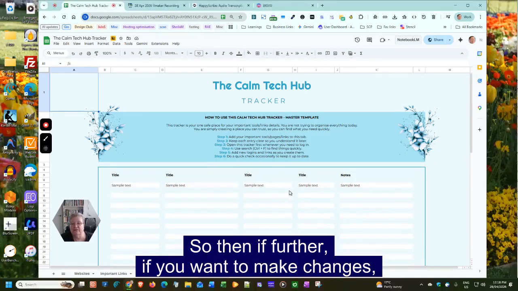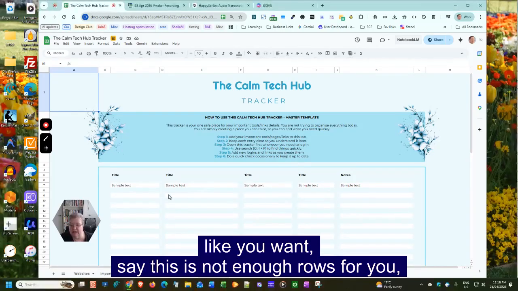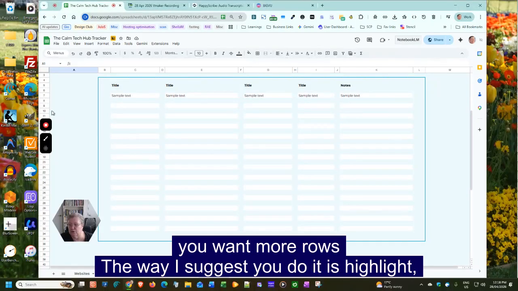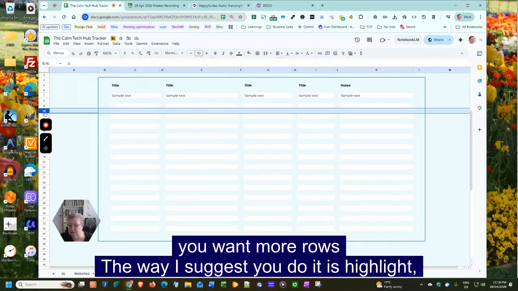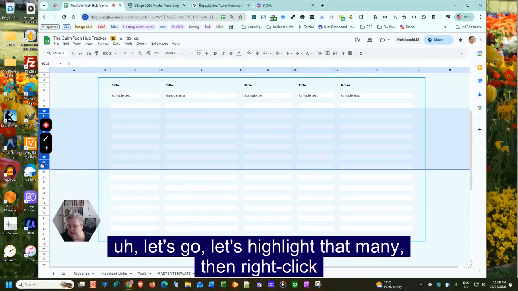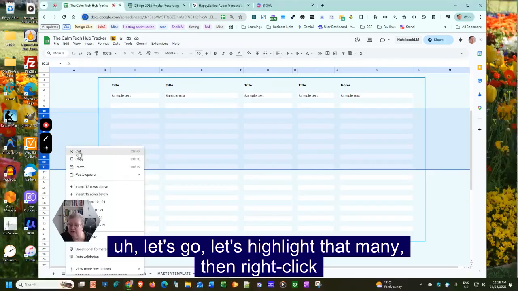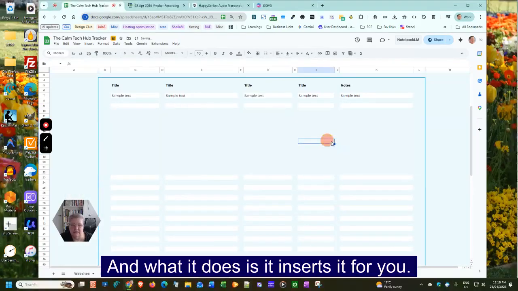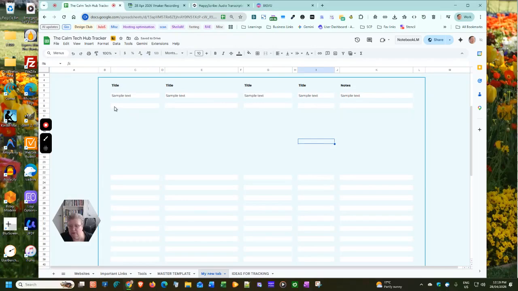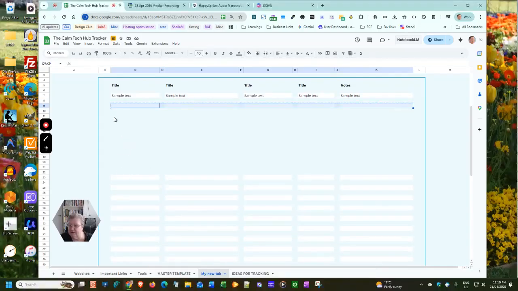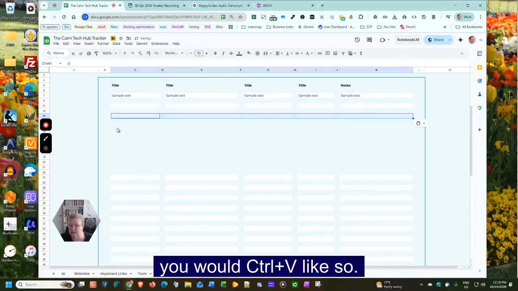So then if you want to make changes, like you want, say this is not enough rows for you, you want more rows, the way I suggest you do it is highlight, let's highlight that many, and then right click and do insert 12 rows above. And what it does is it inserts it for you. Then what I suggest you do to get these nice little boxes is Control C, and then every second row you would Control V,